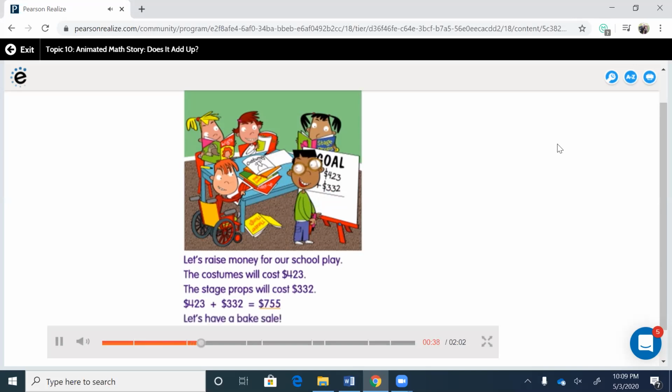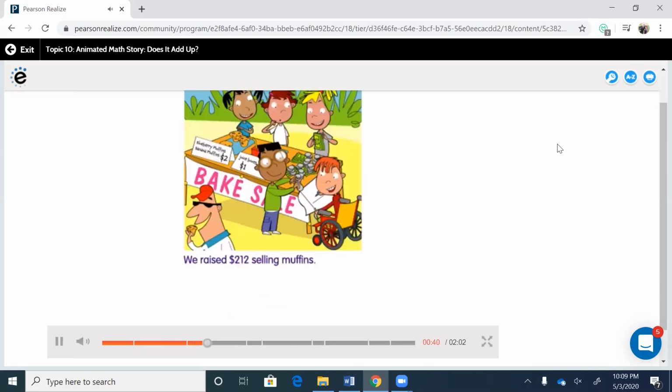Let's have a bake sale. We raised $212 selling muffins. We raised $120 selling juice boxes. $212 plus $120 equals